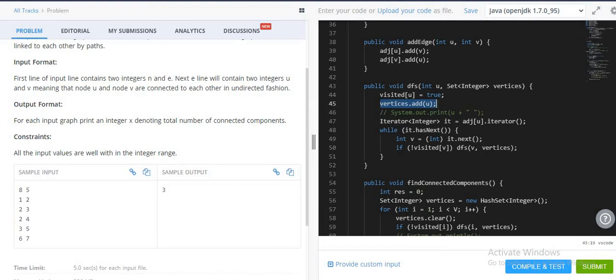I can have the list as well, because if I am going through this find connected components, then I can directly check if it is visited, then I don't need to add it into my list. The same thing I am doing over here in DFS as well, so you can have the list as well.